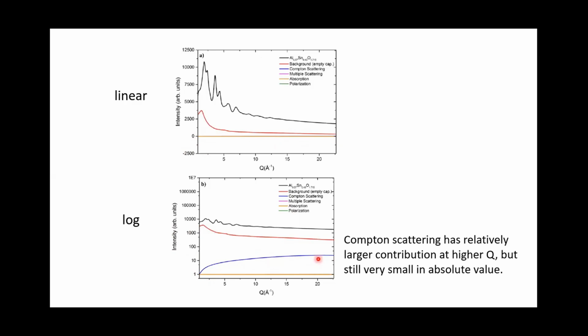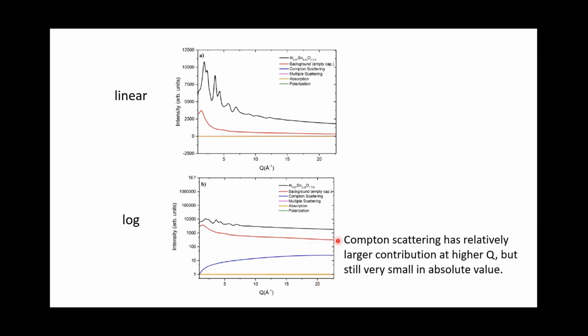So at least, the Compton scattering is more dominant at high Q. So you see the kind of increase, and you have Compton scattering contributing at high Q with the counts around maybe, let's say, 30 or 40 something. It's still very small compared with your own intensity, but because at high Q the data is important, and also